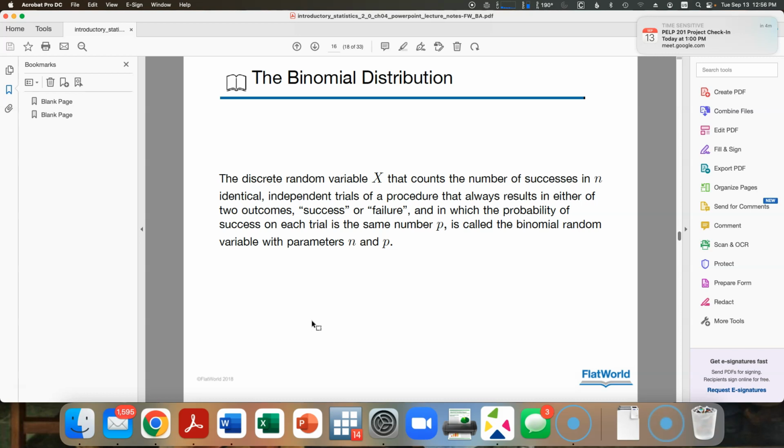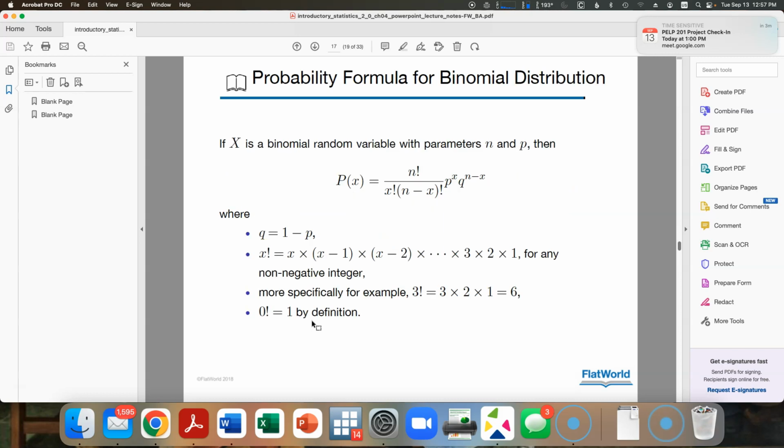So you'd be looking at the probability of getting one of those two outcomes in the binomial distribution. So what that means for us here is that if we're looking again at a binomial random variable with parameters n and p,